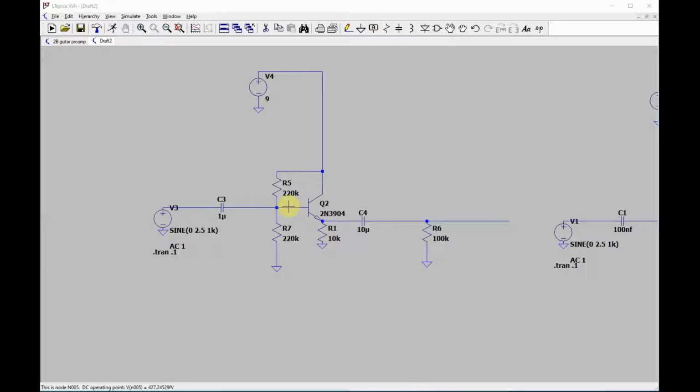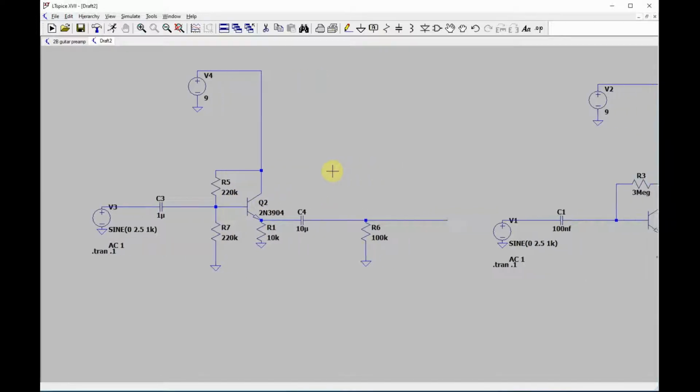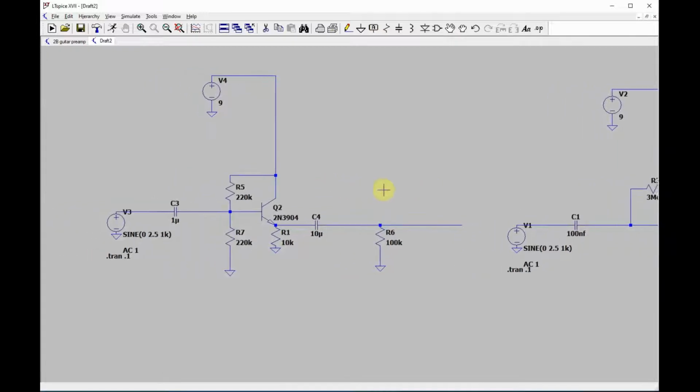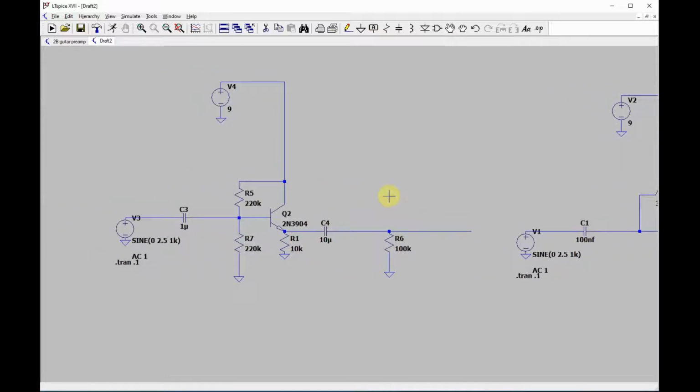That's fine. This is a really common configuration. What you're going to see here, though, is that you get an input impedance of 110K versus something like a meg. So this is one reason I don't always use that. I do sometimes, but